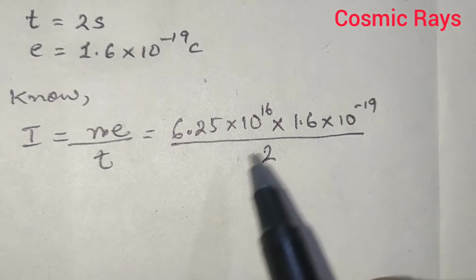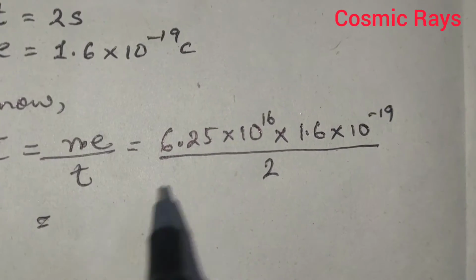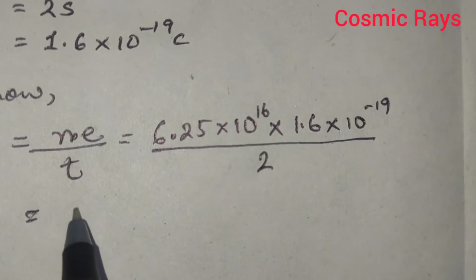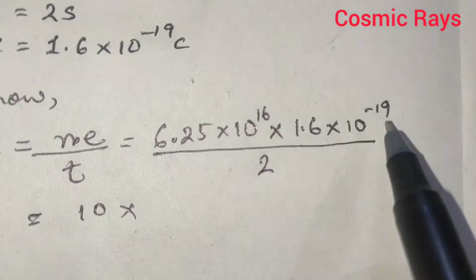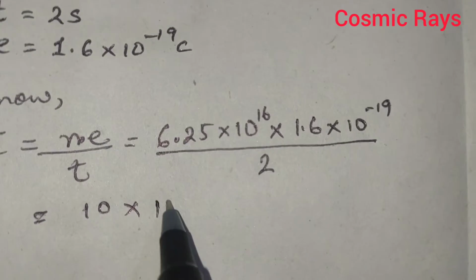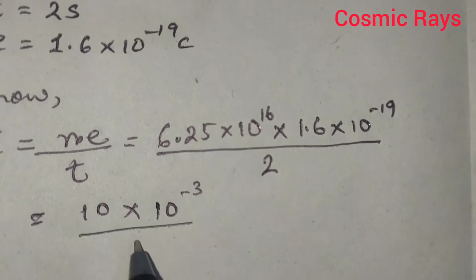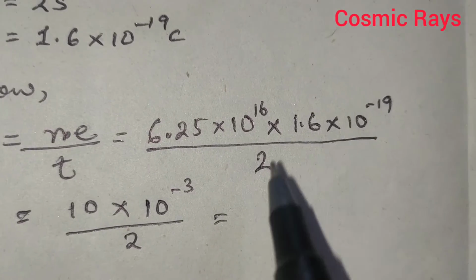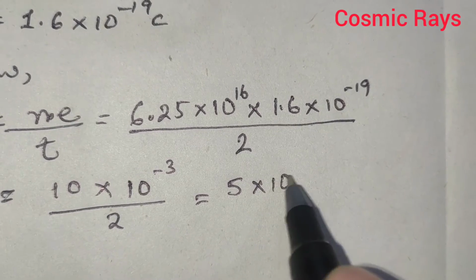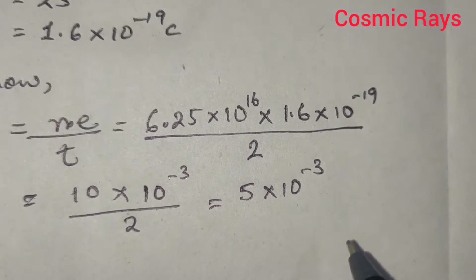So when you multiply, you will get 6.25 into 1.6 as 10, and 19 minus 16 will be 3. So we have 10 to the power minus 3 divided by 2. 10 divided by 2 will be 5 into 10 raised to the power minus 3,